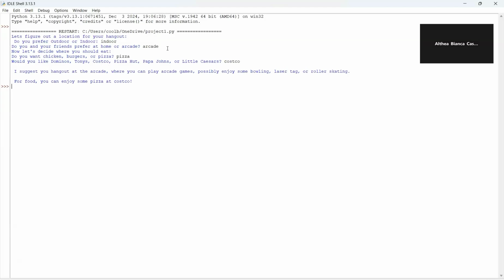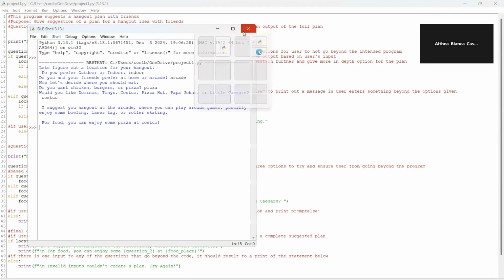And finally, for the food, it gives out our input of the food option and where we wanted, as we intended. That is my program. Thank you.